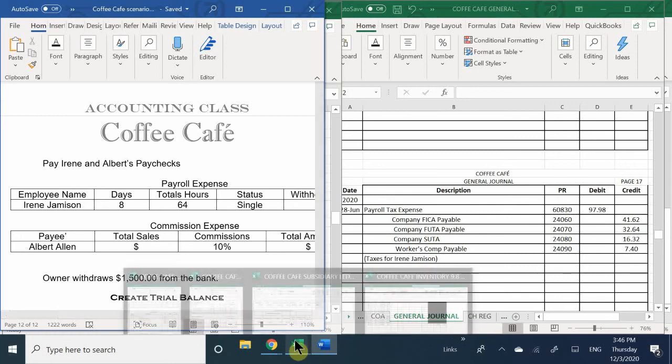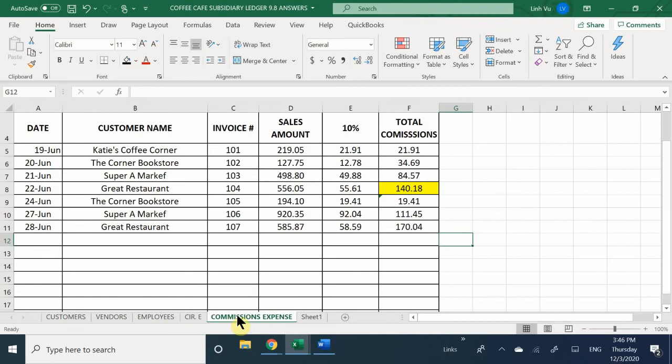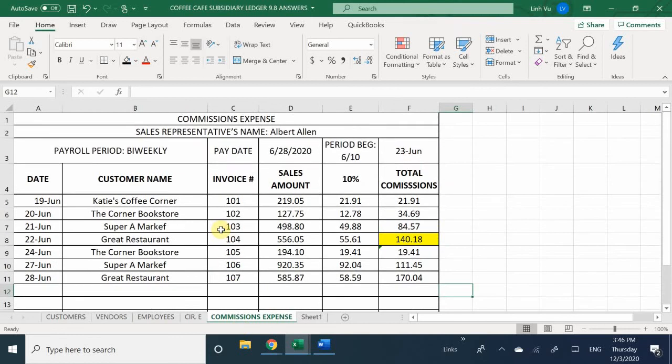Okay, so Allen, you are under the subsidiary, where we owe him total commissions of 140.18. So not much, but as you can see, he's gaining his money with time. So we owe him